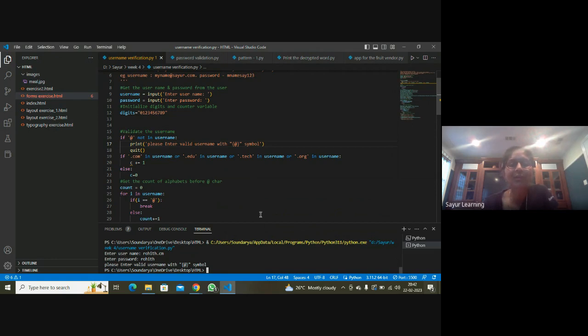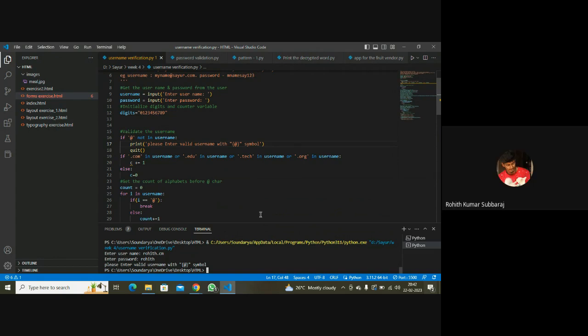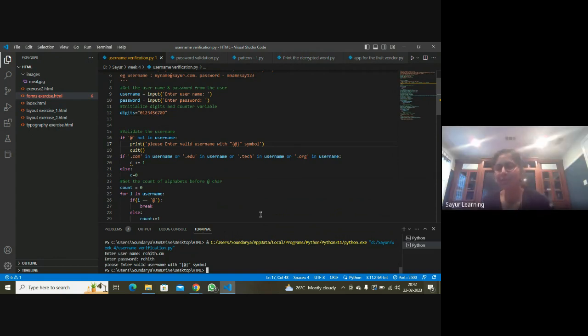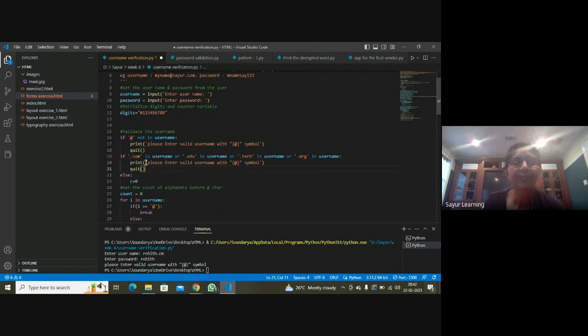Okay, so your first step is over. You're first checking to see if that symbol is in the username or not. If it is not there, you are quitting, you are done. Okay, next you are checking, so do something similar. Next also the same thing, right? You're going to check that it has to have. Okay, write the code. I'll wait and you guys write the code. How do you do this code? Write it, test it, and tell me.